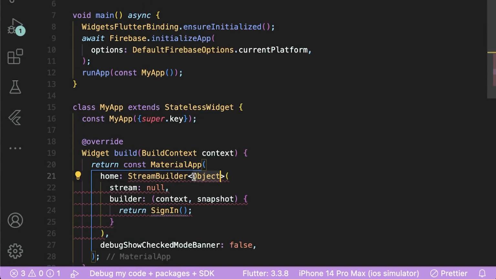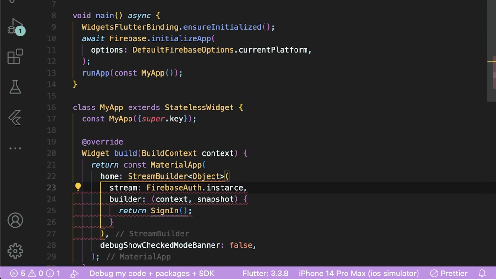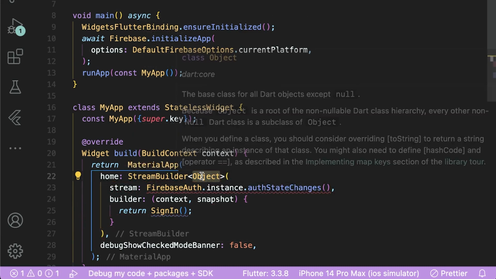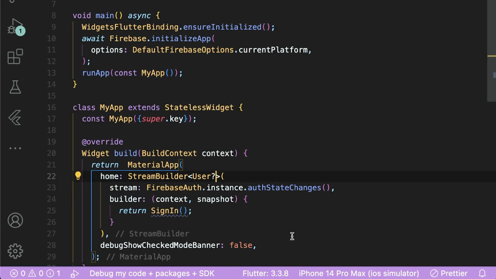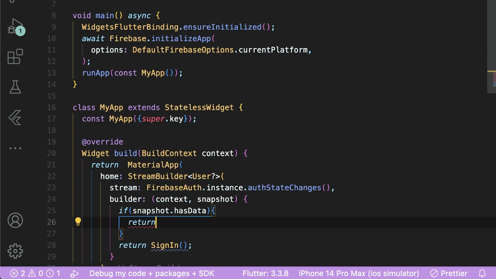And to do it, we're going to use a stream builder. So stream builder listens to a stream, which in this case will be the authentication state coming from Firebase, and we're going to bring it into whatever screen needs to be based on that authentication state. So the stream we're going to listen to is Firebase Auth instance and auth state changes. Now this stream will return us a type of user. And we're going to check whether the snapshot has a user at all. If it has data, then that means there is a user authenticated and we can send them to the home